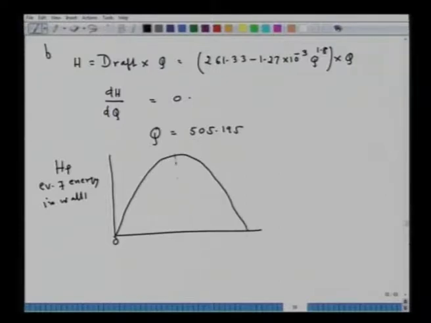So this value of Q is equal to 505.95, and this value is 895.06. So what I mean is, this particular problem you have to solve yourself and see that you arrive at this particular solution. Now, having done the application of mechanical energy balance,